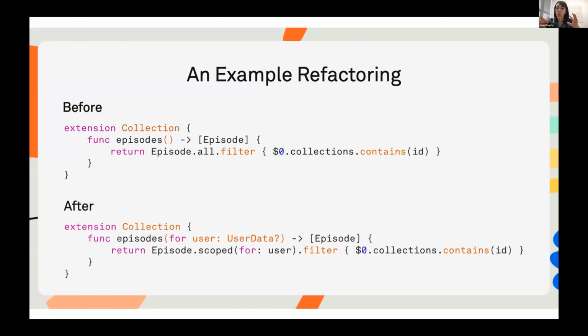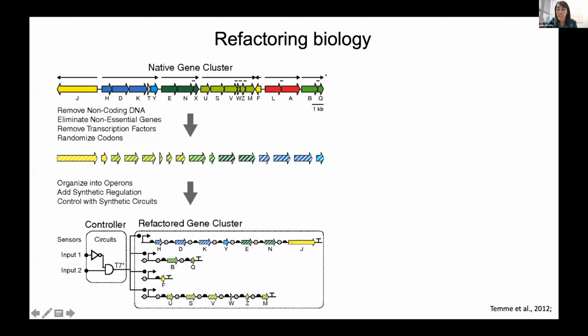So in biology, refactoring means taking all of the genes that encode for a specific function and recoding the DNA sequence for each of the proteins. So you can use the degeneracy in the genetic code. There are multiple codons that encode for each amino acid, or most of the amino acids, which means that very different DNA sequences can encode for the same protein. So you use that kind of flexibility in the genetic code to recode each of the proteins and then express